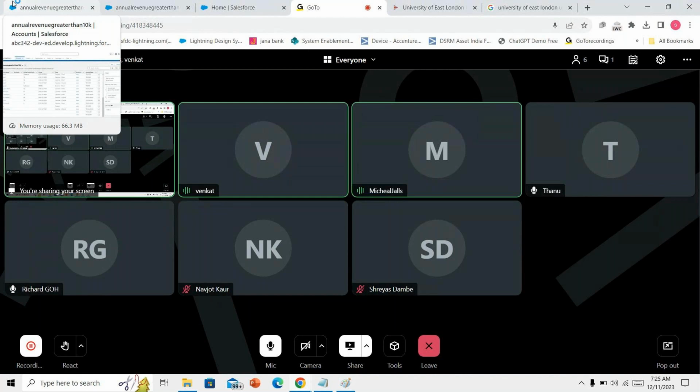Reports and dashboard are different. As you are correct, in the reports and dashboard, whatever you are saying, all those things we can do. But